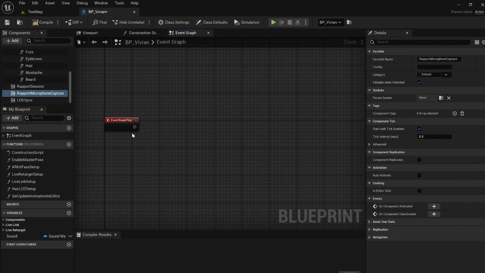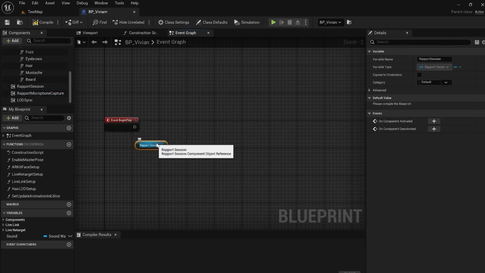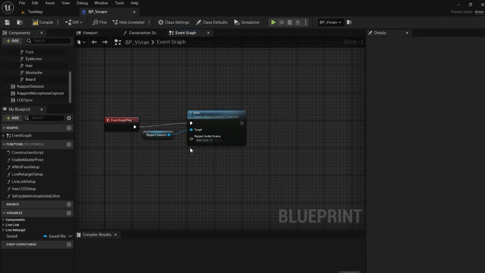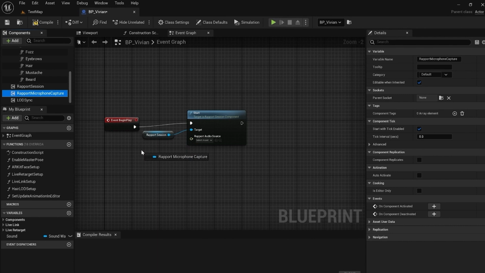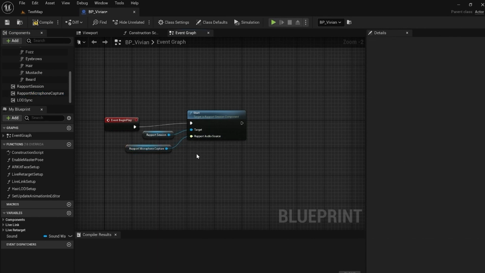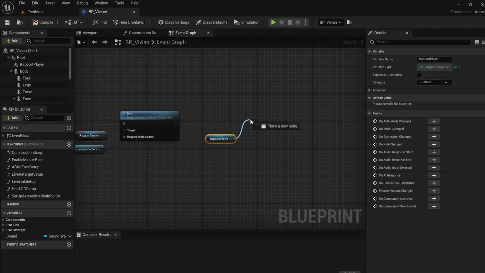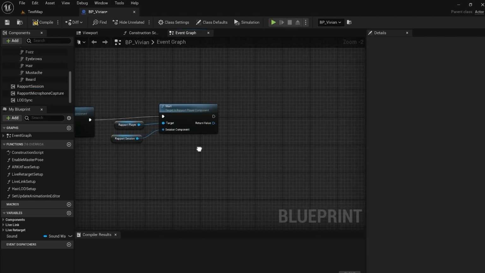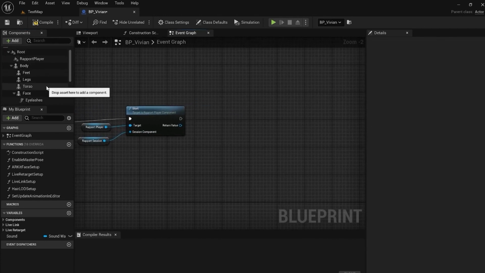In the event graph, on Begin Play, follow these steps. First, get a reference to the microphone capture component and pass it into the start call of the Rapport Session component. Once the session has started, get a reference to the Rapport player and start it. This start function will require a reference to the session you just initialized, so make sure to pass that in